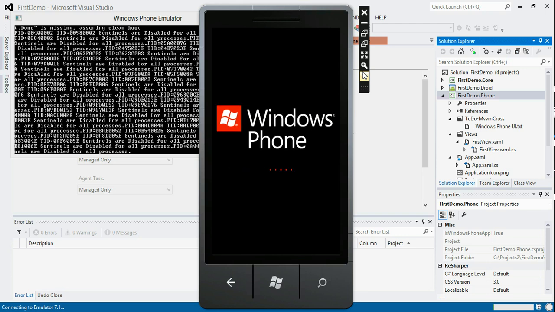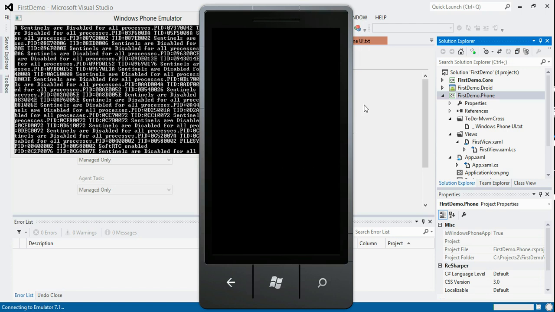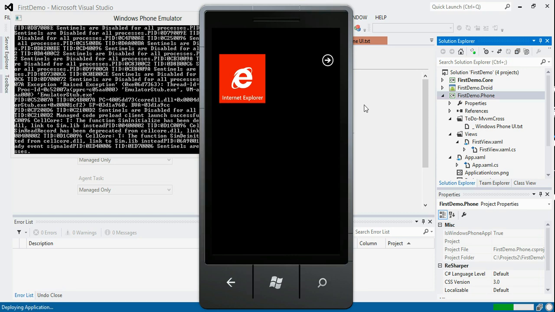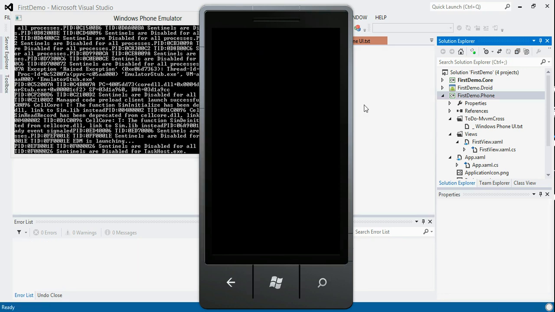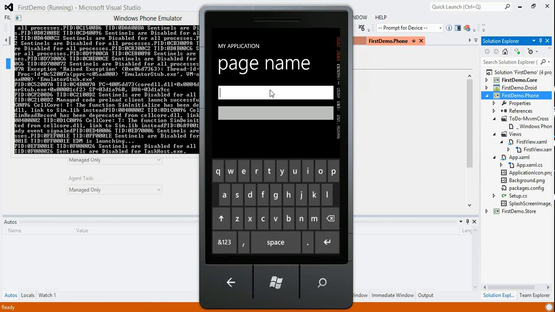Almost there. I will try and get this better set up in future demos. Right, so our app's now launching. And what we have is this page, and you can see we've got these two text boxes. And if I type my name here, then when I tab away, hopefully, or if I got a typo, if I got a bug,